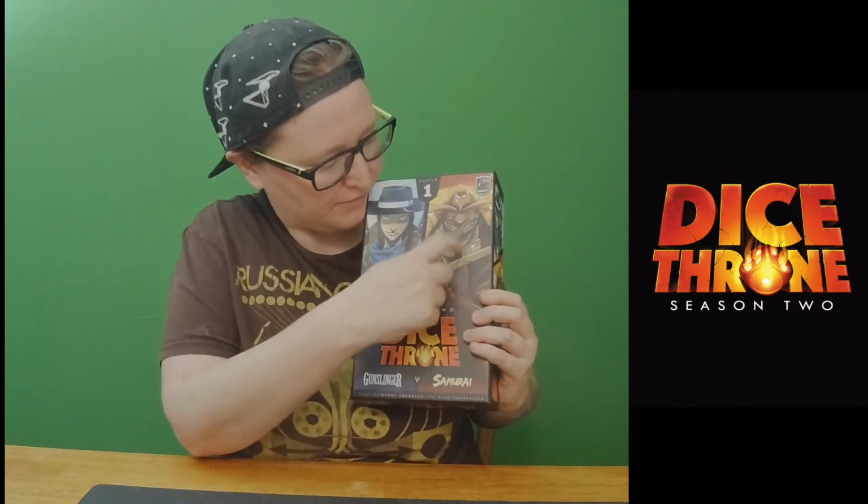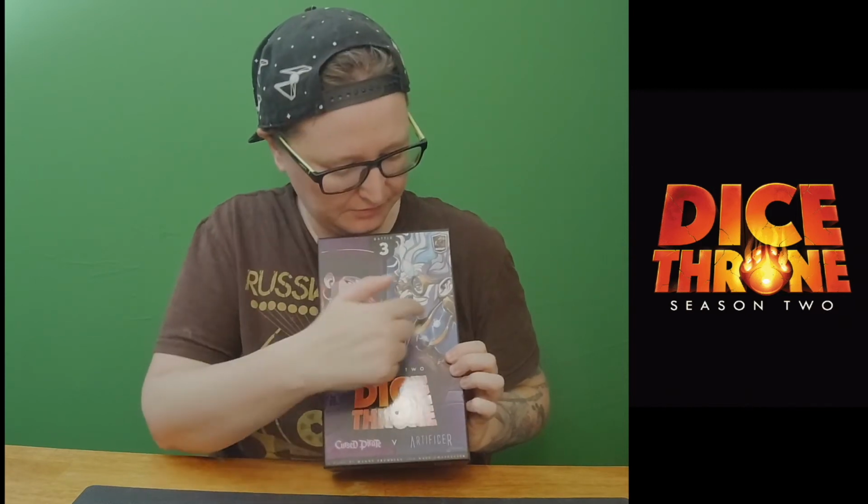So you have the Seraph, which is an angel, and a vampire lord. Here we have a gunslinger and a samurai. I have a cursed pirate, an artificer, a tactician, and a huntress. So as you can see, you have 6 in Season 1 and then 8 in Season 2. So in total, that is